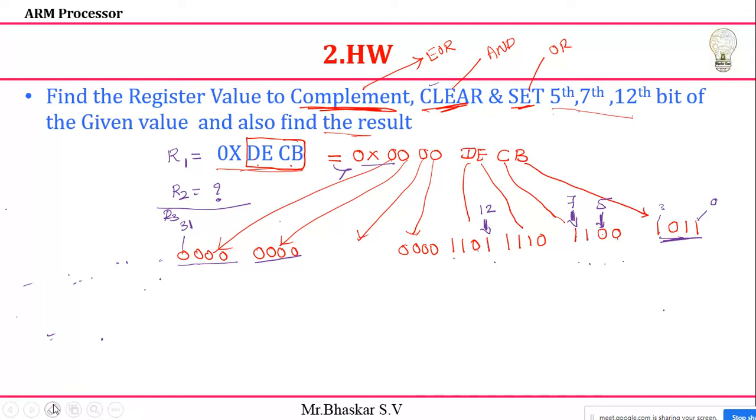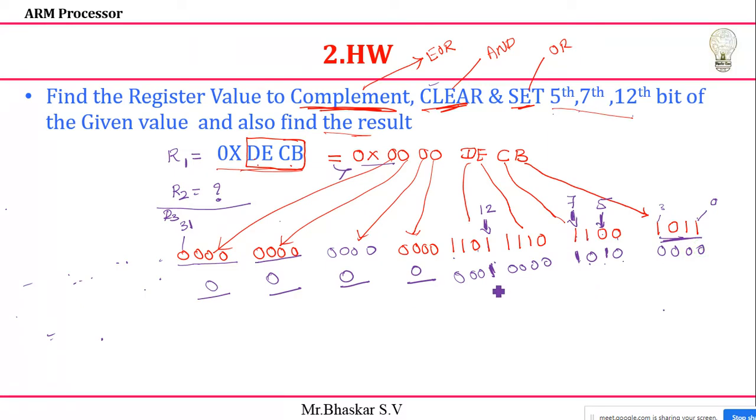Setting means what I need to take. So this is 0 0 only. The particular bits I need to make 1. This is 1, this is 1, this is 1. The remaining I need to make completely 0, since if I make it 0 with OR, it stays as it is. So in the 4 bytes, this is also 0, this is also 0, this is also 0. I'll deal with only these 2 bytes of information. So I'll make 0 0, and the rest completely 0.